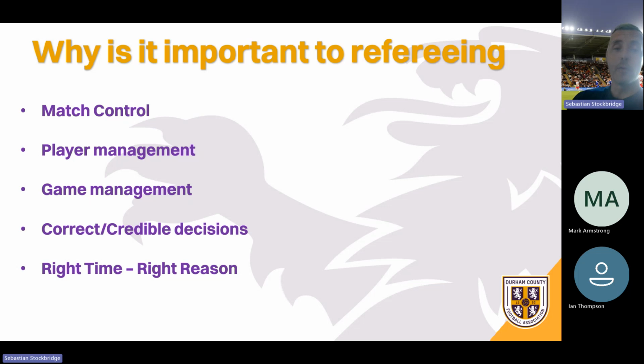And the thing I always think about is do the right thing at the right time for the right reason. So that soft free kick in the 80th minute, 85th minute, you're picking the right time and you're doing it for the right reason because you want to shut the game down. First 5 minutes, you might be quite happy to let them battle on, but you've then had 6 yellow cards, 1 off and 2 penalties. So do you want to be allowing just physical contact or do you want to rein it back in a bit? Does that make sense? Yeah, very much so.